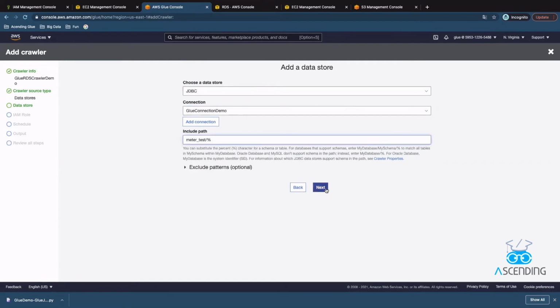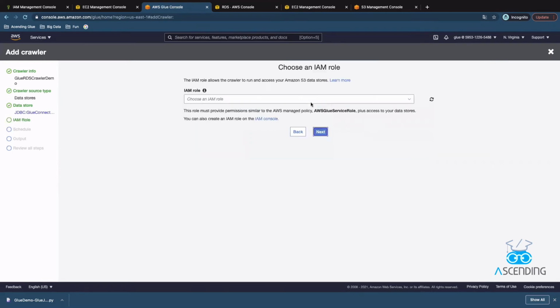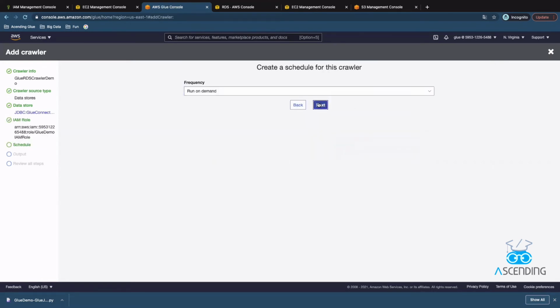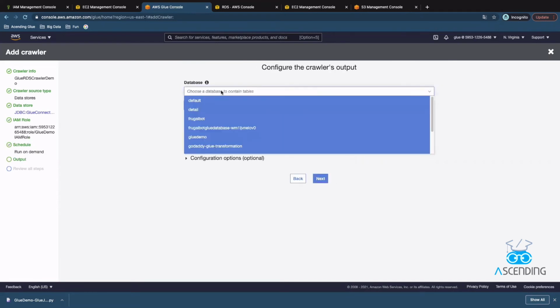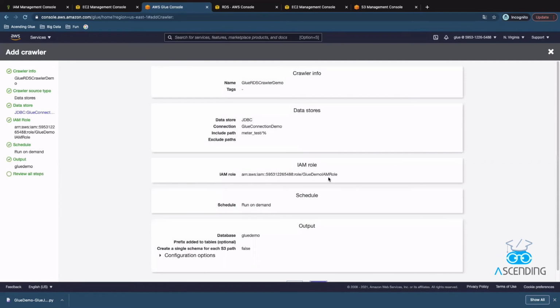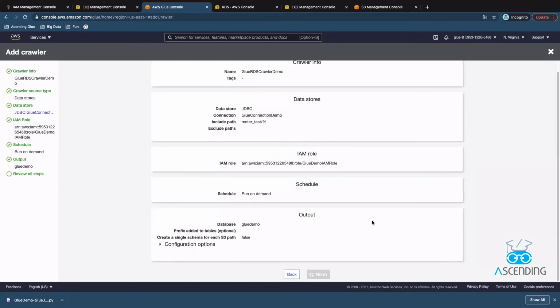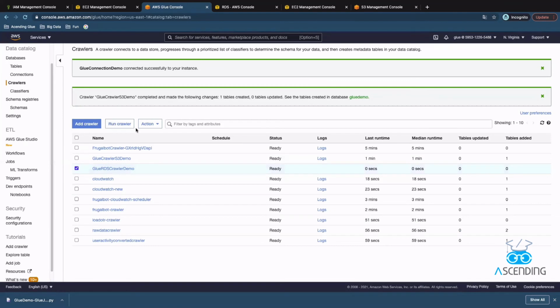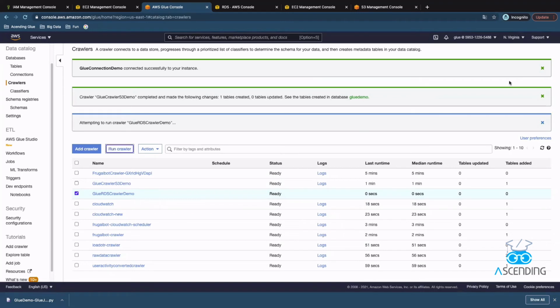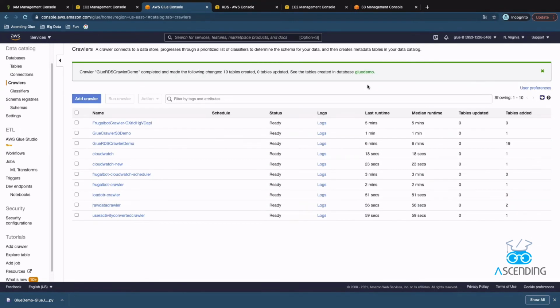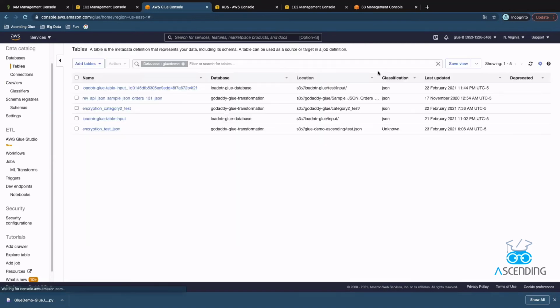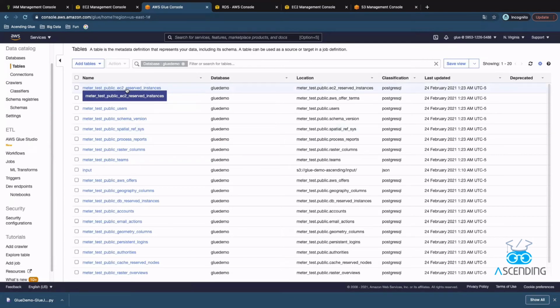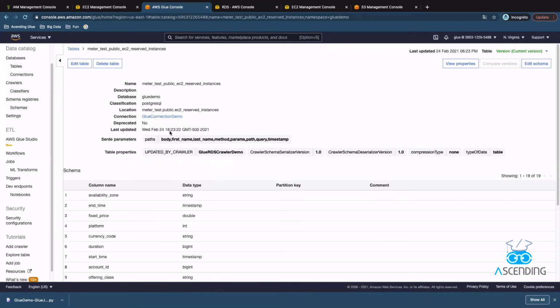All other settings are same as before. Okay, let's run the crawler. We can see all the tables in the database are captured by the crawler. We can check the table's schema and load them into Glue job to do ETL if we want.